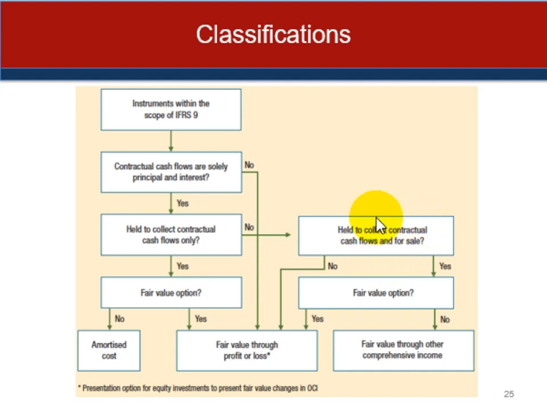So if it is held to collect the contractual cash flows and for sale, so they're planning to sell it sometime in the future, then they're considering the fair value option. If the fair value is chosen, they're back over here, which essentially I think means that our cash flow put us back over here again. And then if we choose to take the fair value option, it would be fair value through other comprehensive income. I'm not sure that this flowchart helps us a great deal with our decision making,